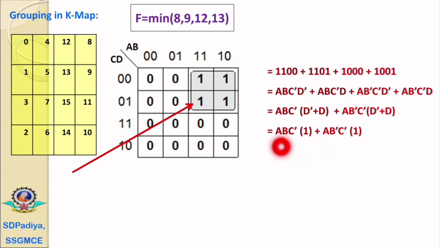Now there are the two expressions, the A, B, C plus A, B dash, C dash. Among these two, again we can take the A, C dash outside the bracket, then in the bracket there is a B plus B dash. The B plus B dash is nothing but 1, therefore finally we have a simplified expression, that is A, C dash. Now we can check that in a group of 4, 2 variables are eliminated out of 4. The B is eliminated here and the D is eliminated in the third term.